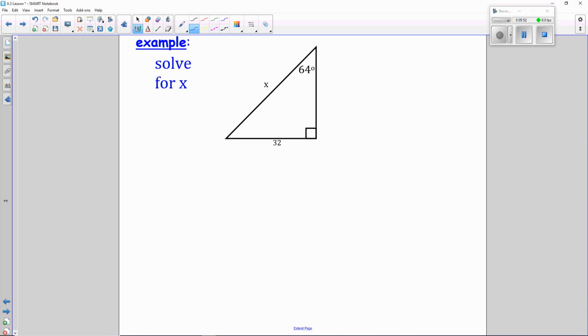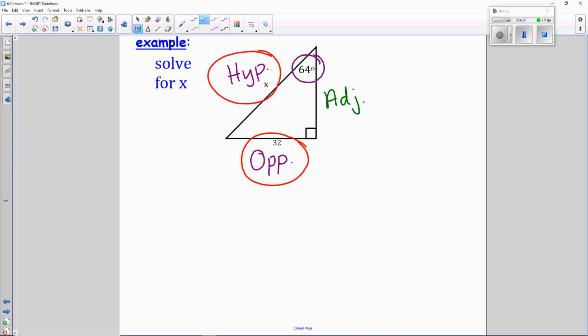All right, so this next one, same idea. This time our angle is up here in the top right corner, 64 degrees. So cover up the 64-degree angle with your hand, and you'll see that 32 is the opposite side, and x is opposite the right angle, so it's the hypotenuse. This other side's the adjacent side, but we're not really going to use that because there's no number, no letter on the adjacent side. So I'm going to circle these two things because we've got a number, we've got a letter. So we're going to use the SO trig function, the sine trig function, because that's the trig function that